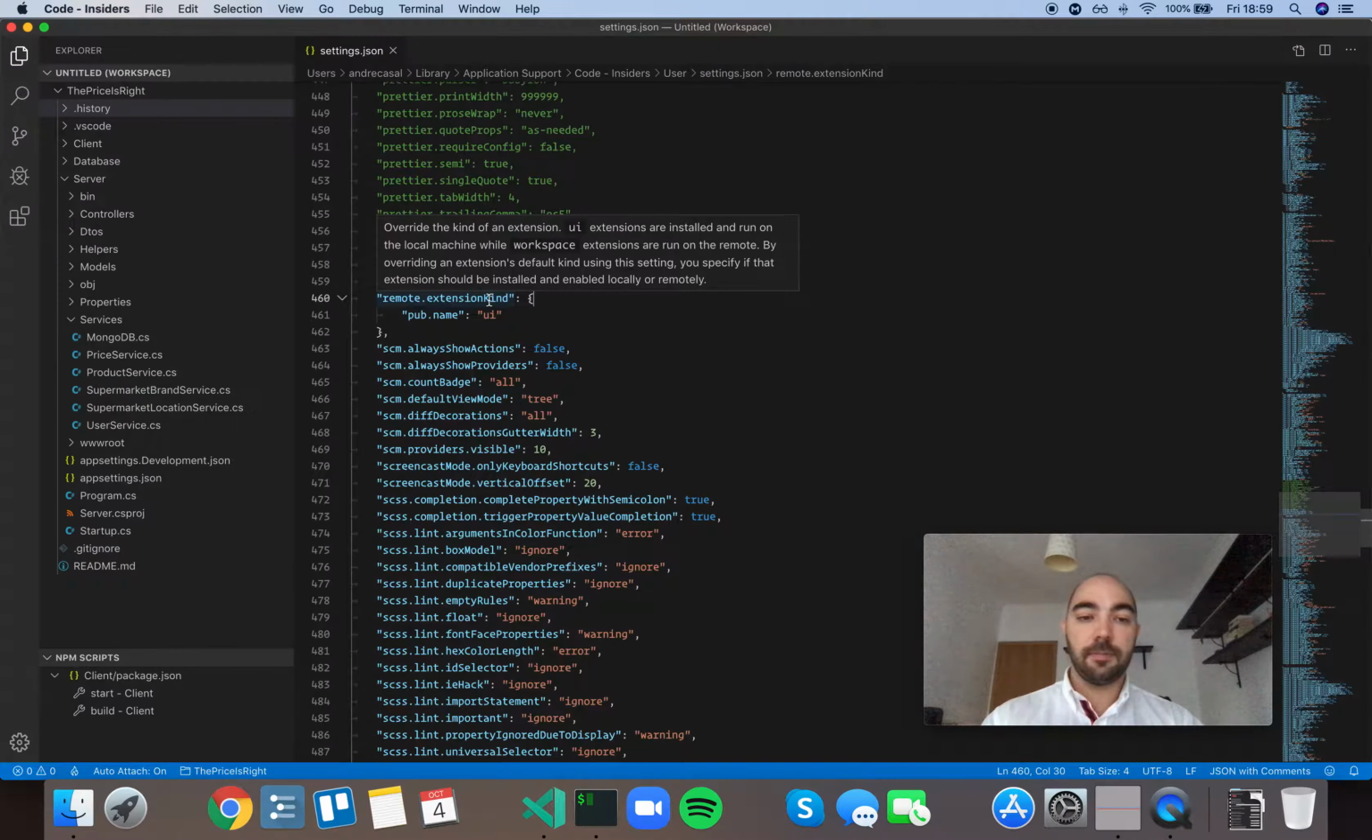Okay, so if it's the first time you're seeing this setting, there's quite a bit of context that you need to know in order to understand even what this description means. So VS Code has a feature called remote development, and essentially that means that you can run VS Code on a server. Okay, so you can connect to a server through SSH, for example, and you can run VS Code